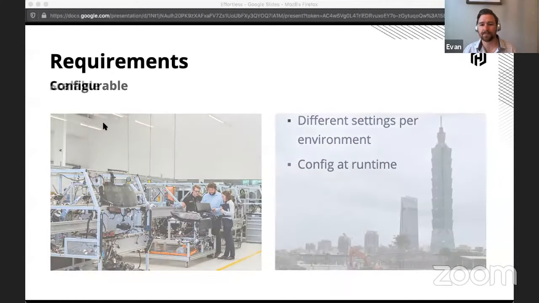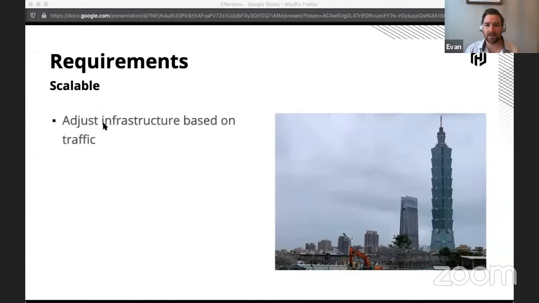And then scalable, we want to be able to adjust based on the traffic. So that's kind of a given. And we have different needs in terms of actual infrastructure for our environments. We only need a couple of servers for dev typically, but production's going to have a significant number based on how many users we have at any given time. And then QA is going to have a different one as well. So that was the other concern there.